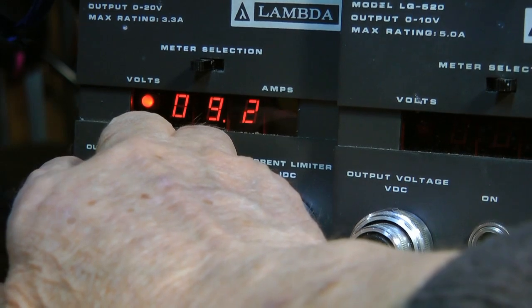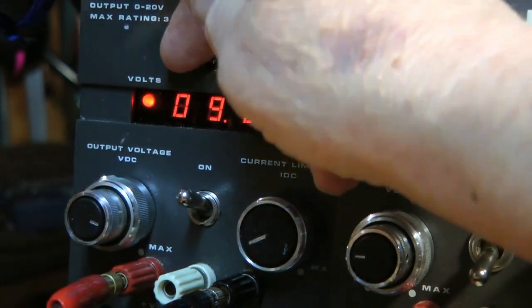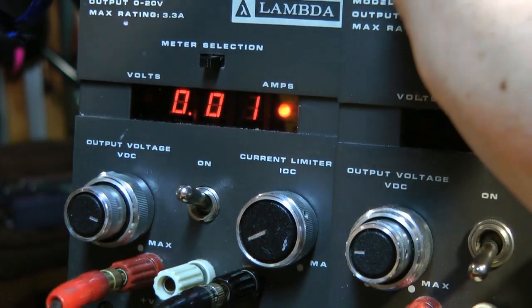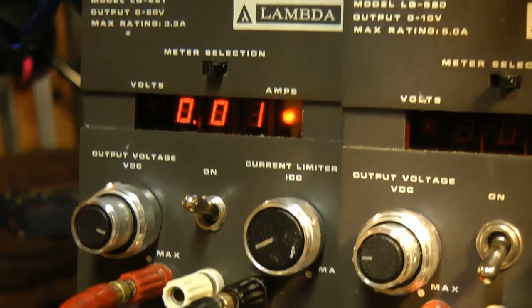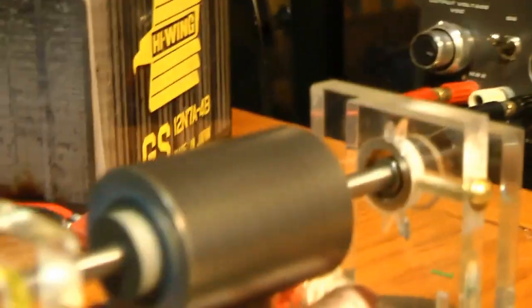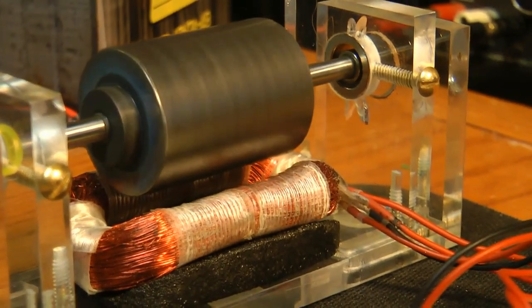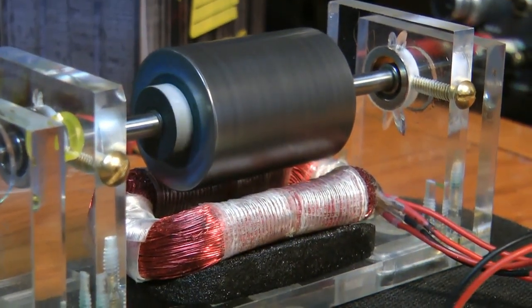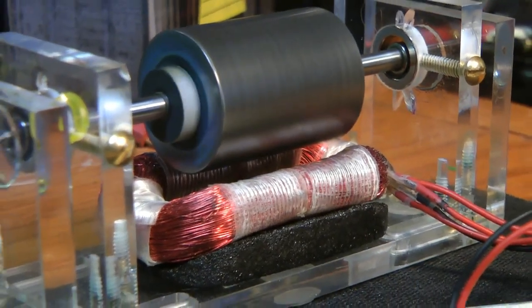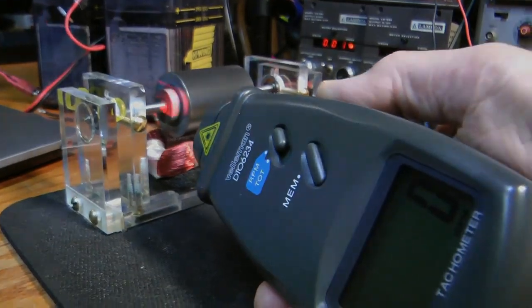Okay, I'm going to go to 9 volts, 9.2, that's like a good fresh 9 volt battery. I'm still drawing only 10 milliamps. And look here, I'm going pretty good. Now this is something I just don't get with the self-starting solar circuits. But right now,